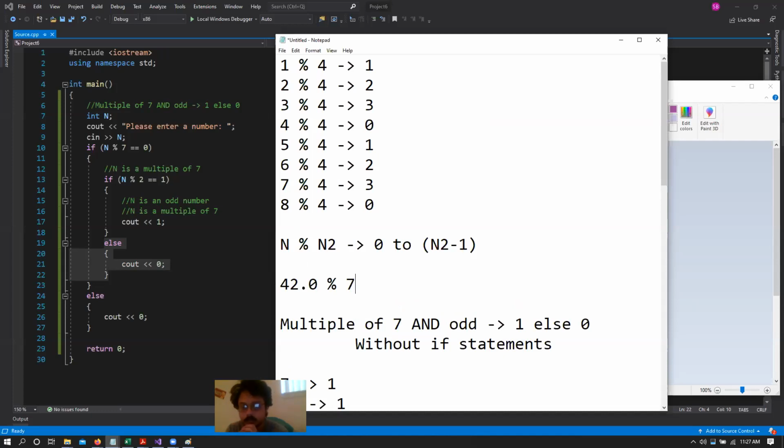Bria says it won't work. Can you expand why? Because we are using, it's not an integer. Exactly. Always remember that the mod operator is the only special operator that does not work with double values or floating point values.